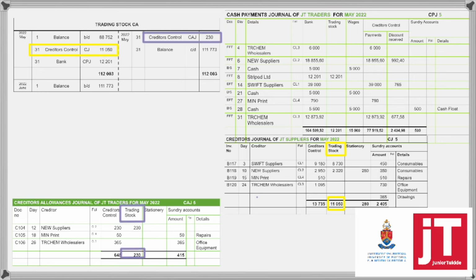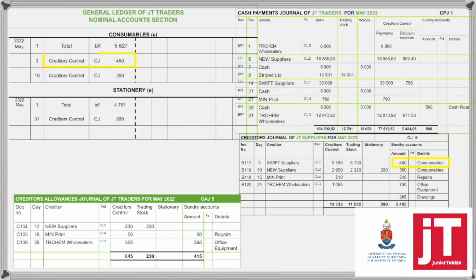And then I do the same for the allowance journal. That's the reversal. So I'm returning stock, so stock must minus off. So that's why it's a credit entry. And then I purchase stock cash, and that's the CPJ entry there. So just applying your rules and posting to the other accounts. Then we do the same for the